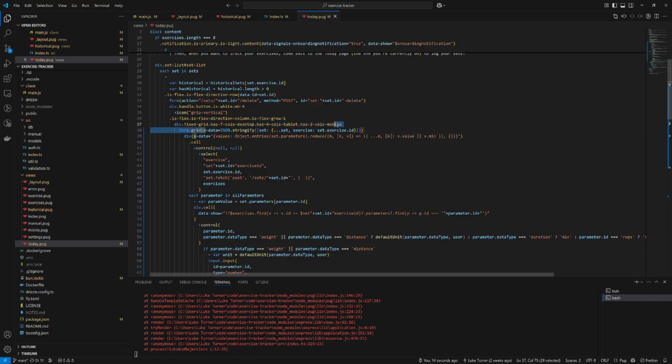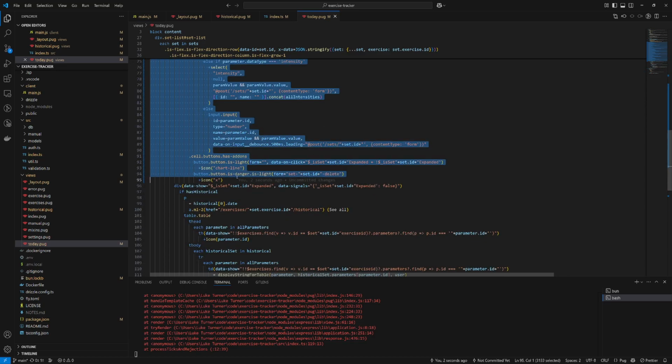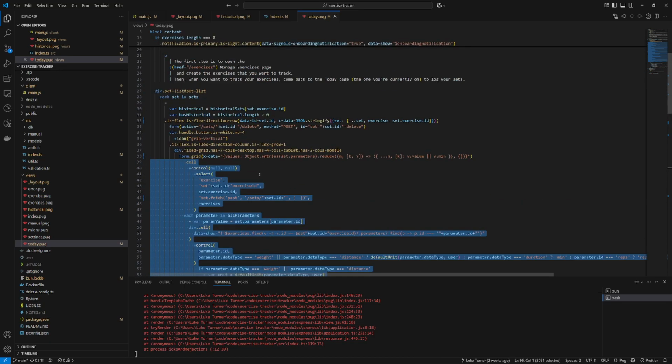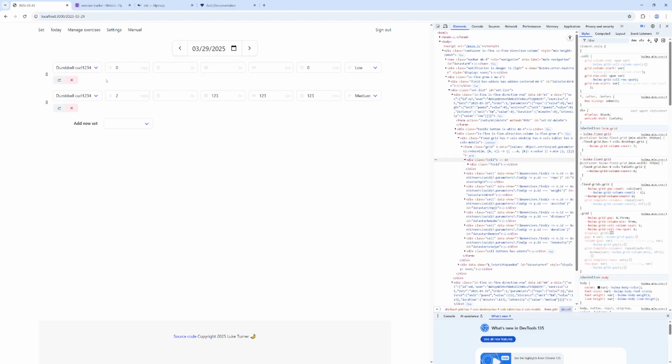Probably this x-data piece can move up here. And then this other x-data piece can move here for now. And then we can get rid of this div again. I think that should work. I'm not entirely sure if this makes sense. Okay, so